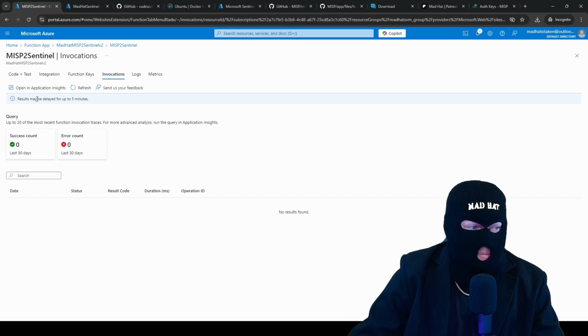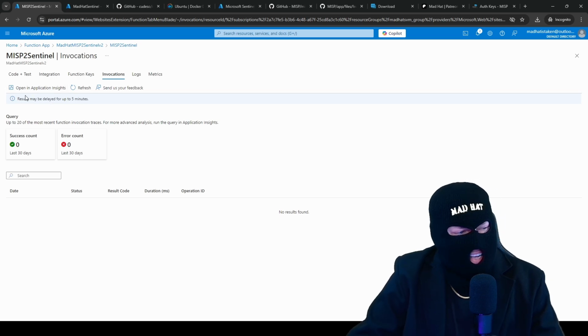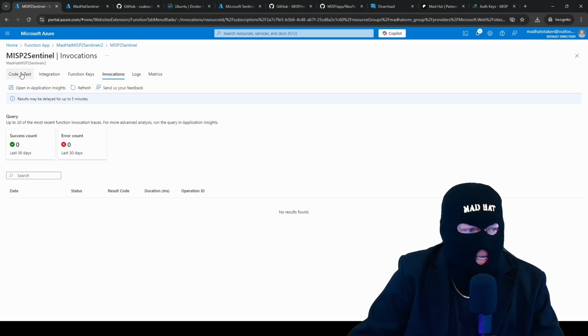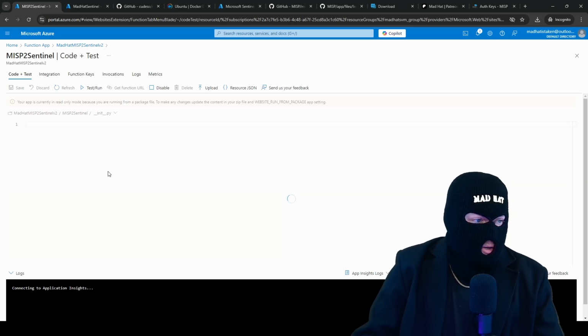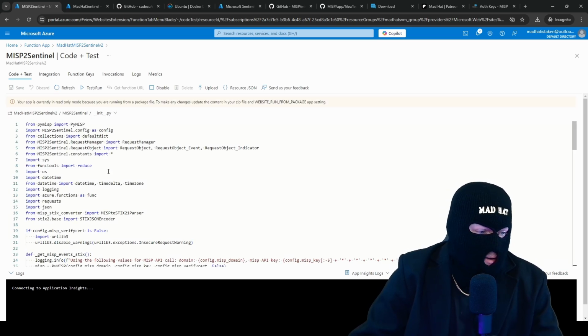It says results may be delayed for up to 5 minutes. No, bucko, try again. Actually, it takes sometimes like half a day for these to appear. But if you want to test it live and see if it's actually working and there's no additional errors, so you don't have to wait the 2 hours to troubleshoot and then wait 2 hours and troubleshoot again, you just